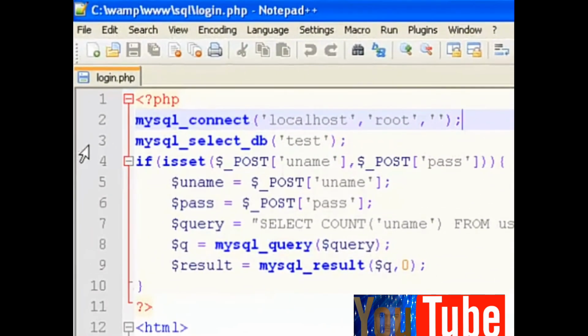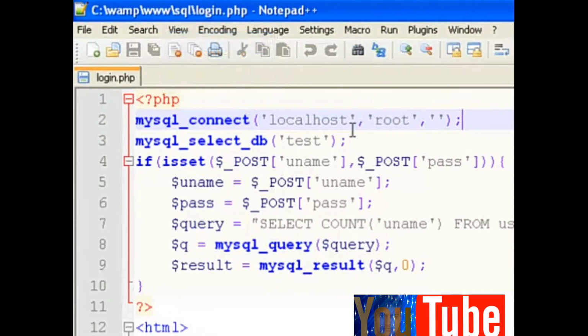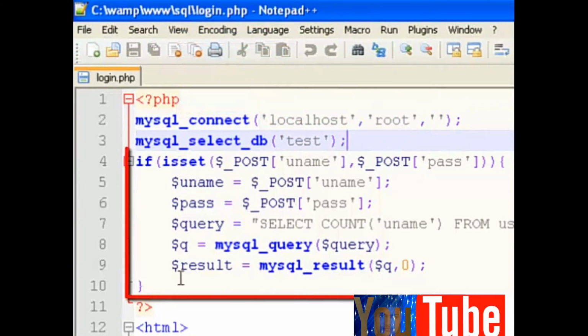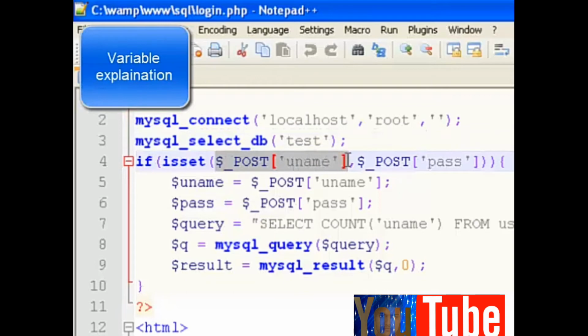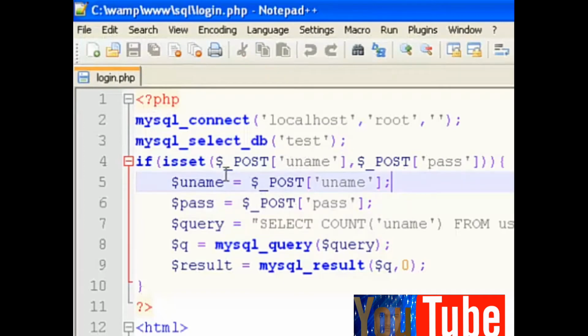So let me tell you, this statement connects to our database. This statement selects the database. Then this part is responsible for checking whether the username and password entered are correct or incorrect. This is our input of username and this is our input of password. We are assigning this value to the uname variable and the password value to the pass variable,